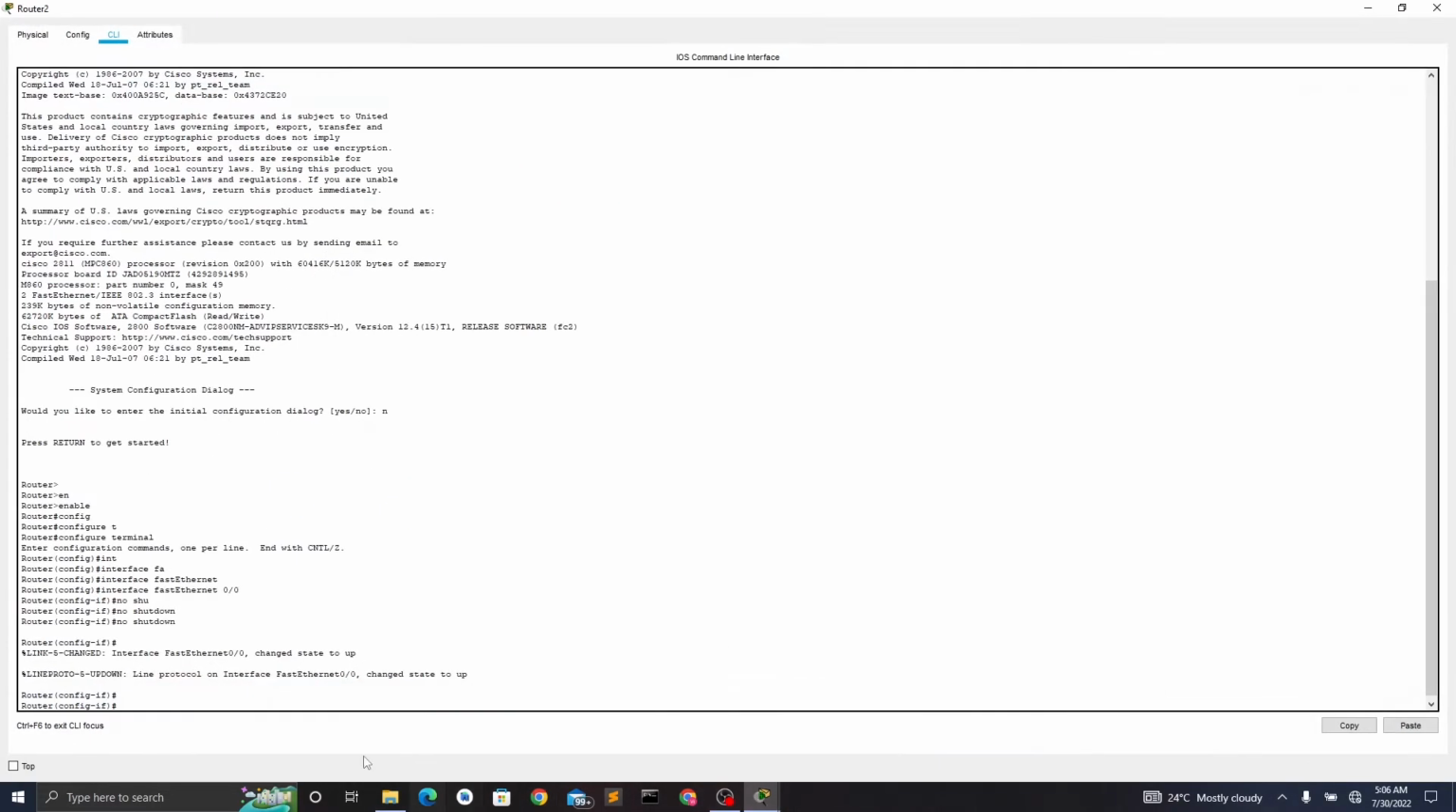Now let's give it an IP address. The importance of this cannot be overly emphasized. Every port on our router must have an IP address. That's to enable routing. If not, it won't route, it won't just go anywhere. So, IP address,